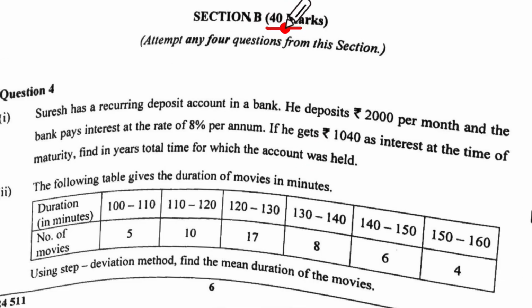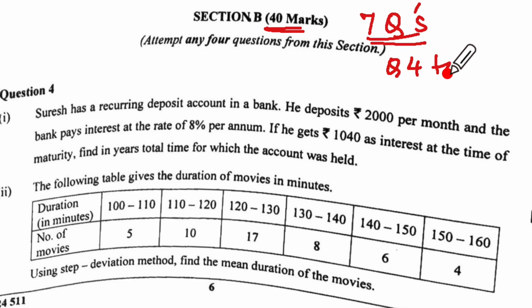Section B, which is for 40 marks, has 7 questions in all. We have from question 4 till question 10. When you have your reading time, choose the questions carefully. Let us see how the presentation of the answer should be and let us see how the marking has been